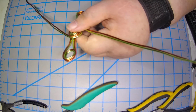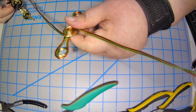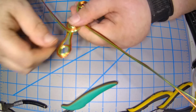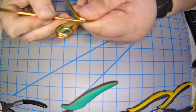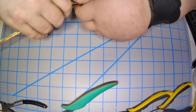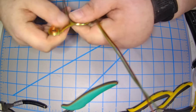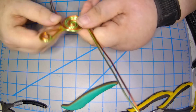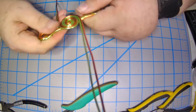Okay. Now on this one, we go once, twice, we went 3 times around. So we want to go one more. That time, one more on this side. And then, to lock them in,